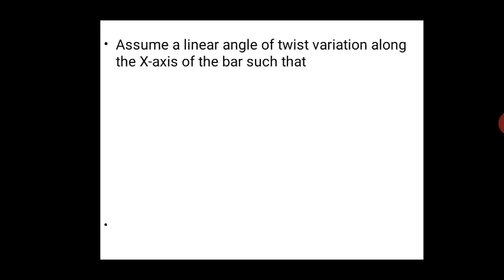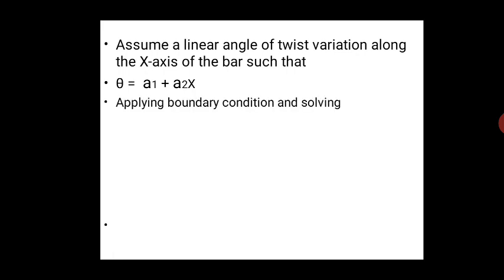Now assume a linear angle of twist, which is varying along the x-axis of a bar such that theta is equal to a1 plus a2x. Let us consider the equation, that is a linear equation, thus theta is equal to a1 plus a2x. For this equation we will be applying the boundary conditions, and we get the twist theta